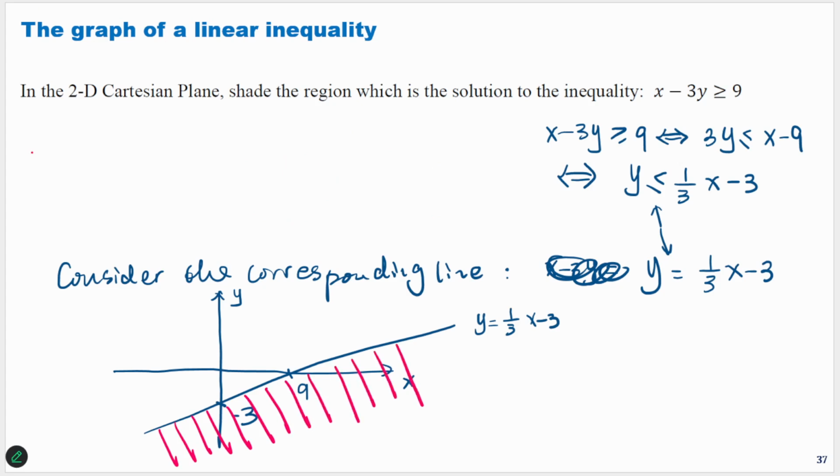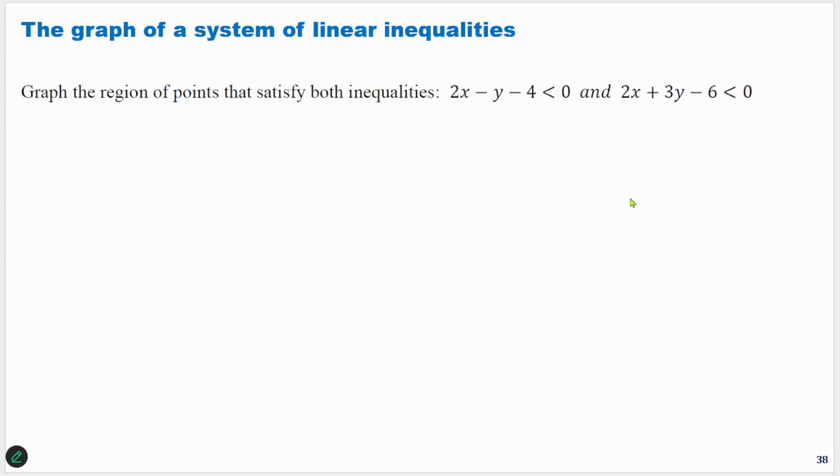And particularly also shade the boundary here to indicate the boundary is also included, because it says less than or equal to, right? Okay, and let's see another example. Basically, you need to study the corresponding line first. Okay, sometimes